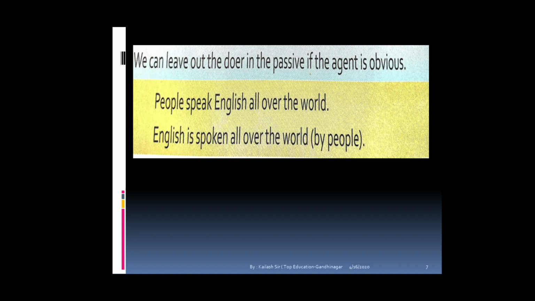No need for the subject, because the important thing is to know English. Which language is spoken? English is spoken all over the world. Who speaks? It is people. That is already understood. So here the importance of passive, we know how it is important, when it is important, and what you have to do in such sentences when the subject is omitted. You can know, because now you know English is not the subject, English is actually the object.